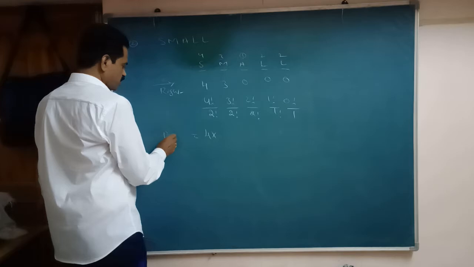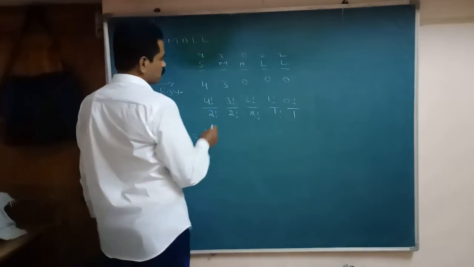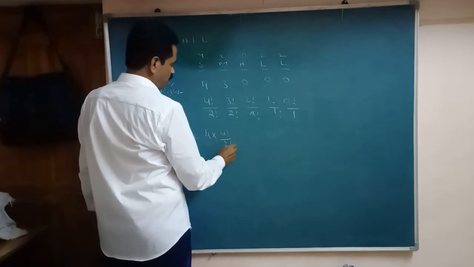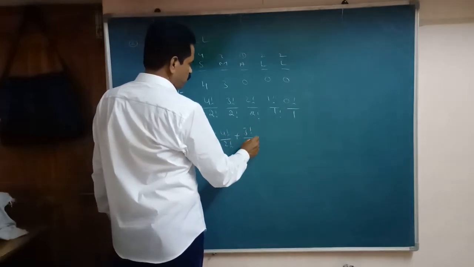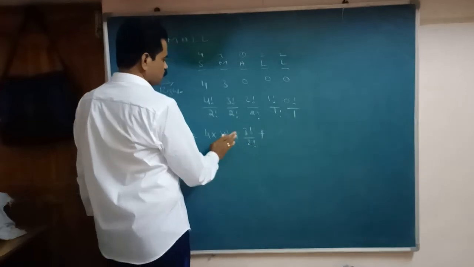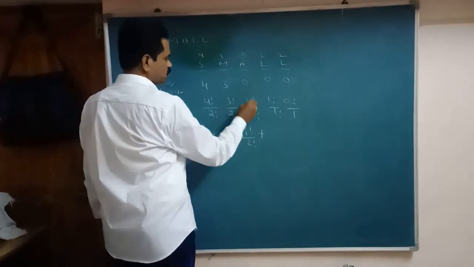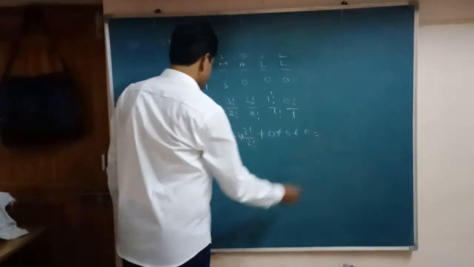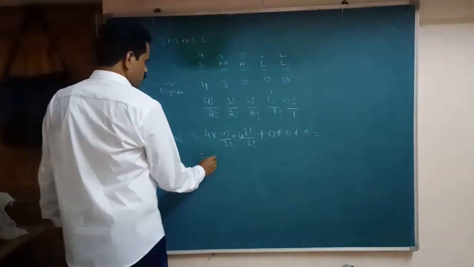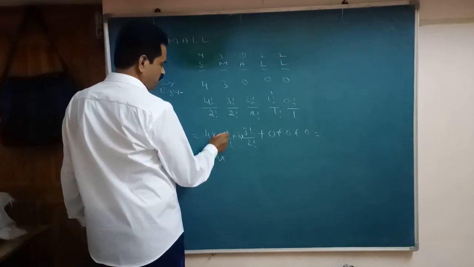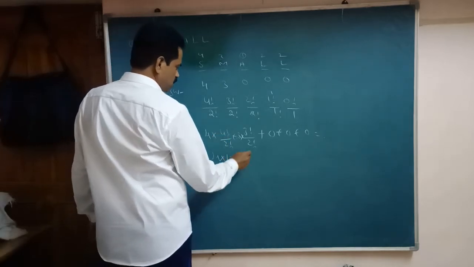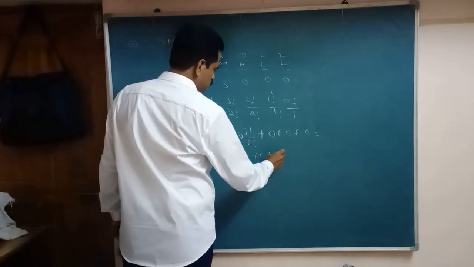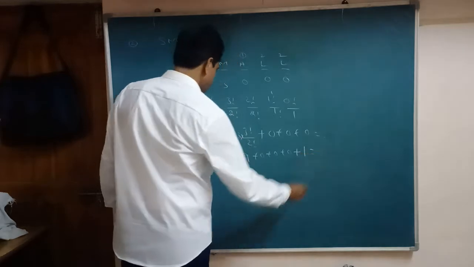Therefore, the rank of the word equals 4 into 4 factorial by 2 factorial. Next 3 into 3 factorial by 2 factorial. Next 0 into 0, 0 into 0. So here 4 into 2 factorial cancel. So remaining here, 3 into 4, 12. Here 2 cancel, 3 3 is 9. It is 0, 0, 0. Last one, add 1 here.